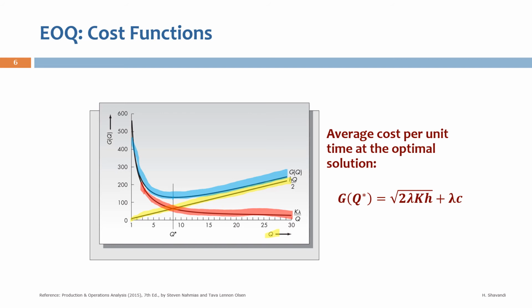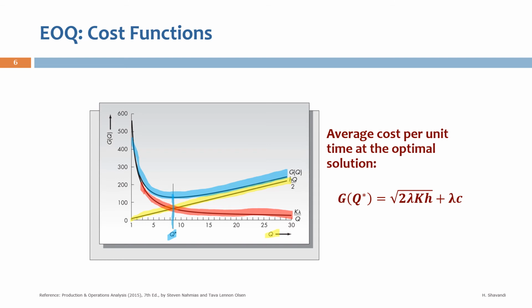By doing that analysis, we take the first derivative of this total cost function with respect to Q, set that to be 0, and solve for Q. So that Q is obtained here as Q star, at the minimum point of